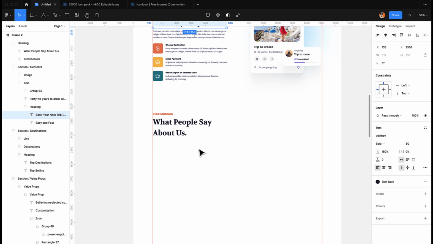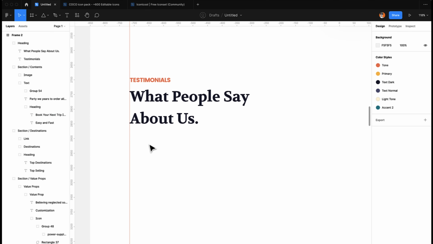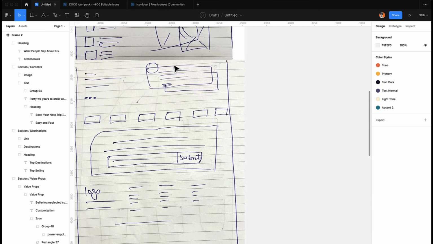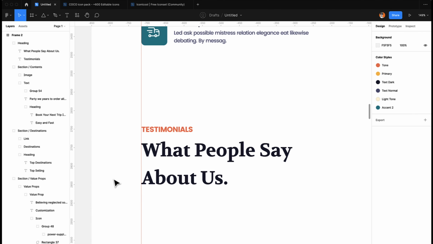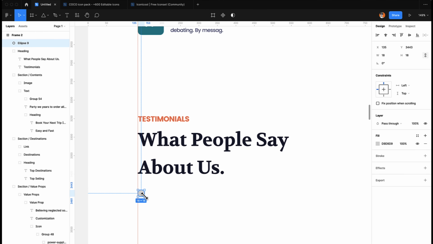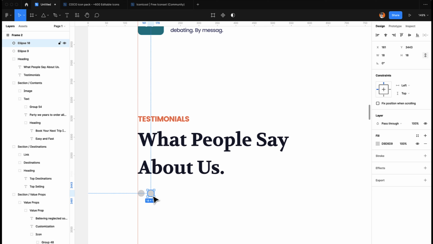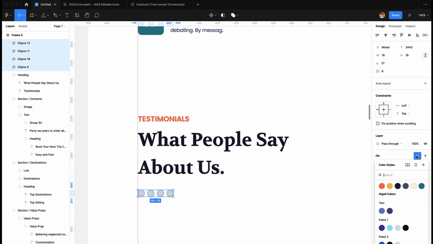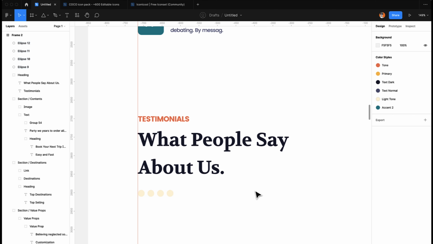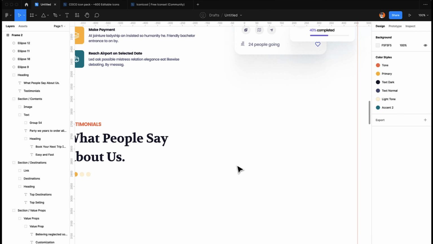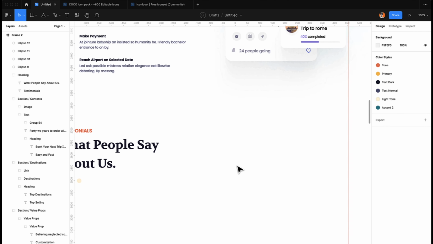All right, and then as you can see over here, we just have some pagination. So let's add some pagination over here. Make it lighter, and maybe this one we can make it active. There you go. And then on the right side we can have some cards